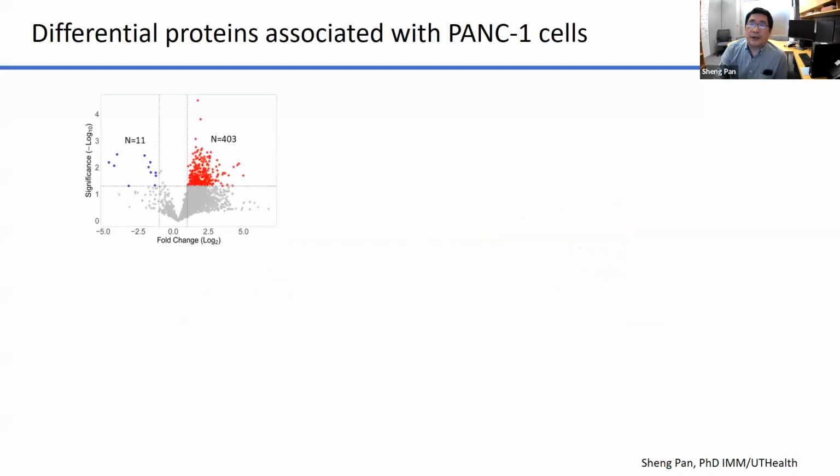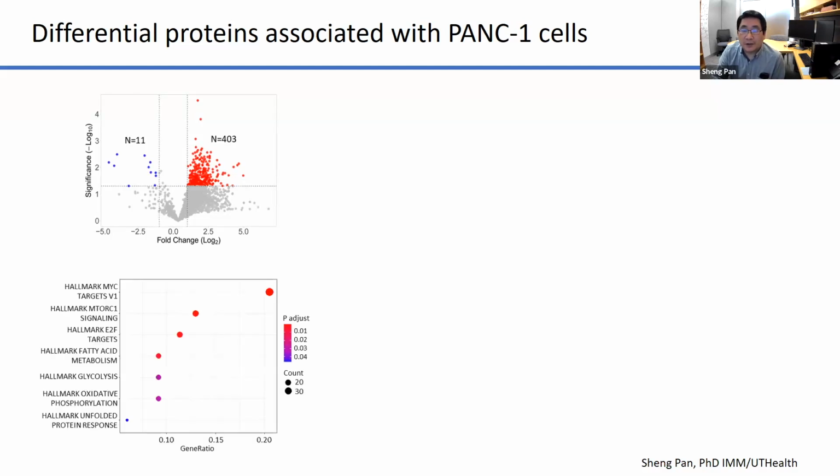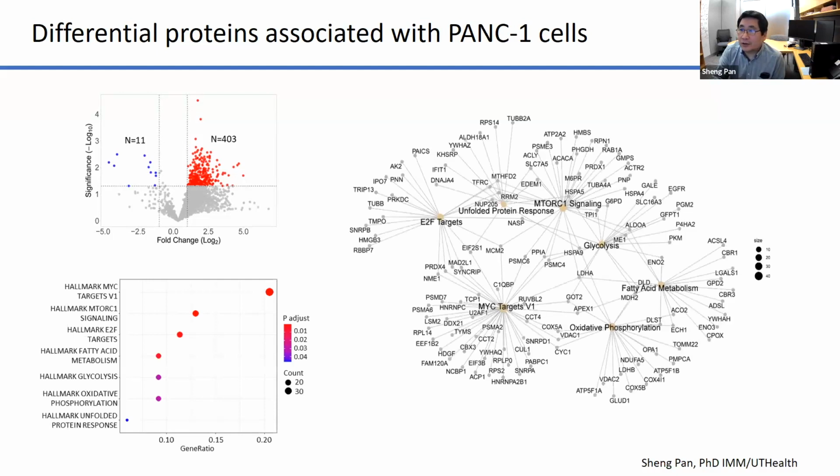And then we did the volcano plot. As you can see, there are a significant number of proteins that show upregulation in cancer cells. And when we analyzed those overexpressed proteins that were identified in the PANC1 cells, we found that they were associated with multiple cancer hallmark pathways. And here just shows the pathway analysis of the proteins that are linked to those hallmarks, and they are also